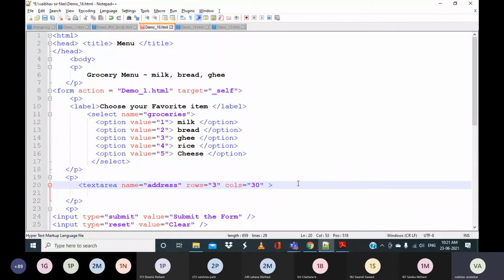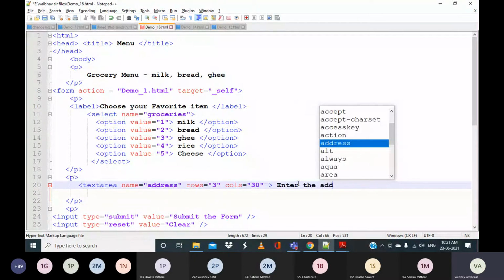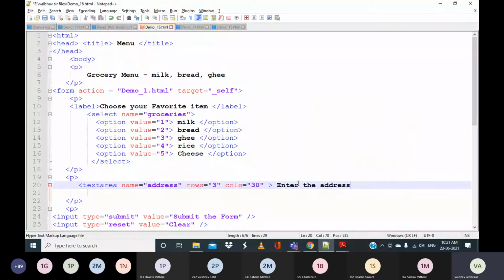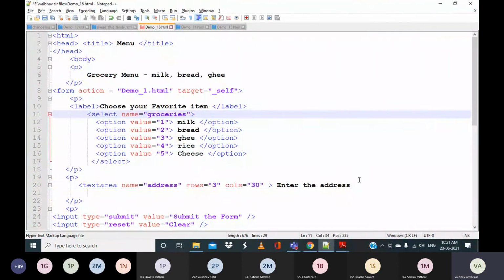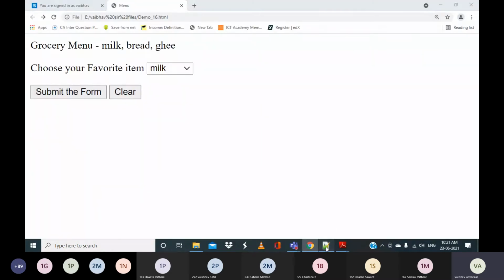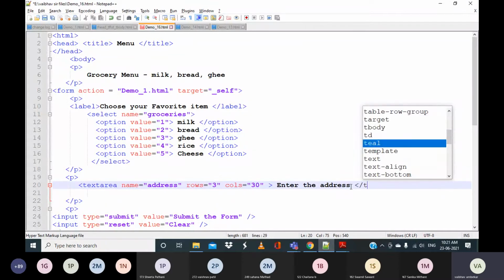And then after this close this tag, and then what you want to specify, like you want to say enter the address. By default this will appear in the text area, so that the user knows what to do when this appears, and then you can close the text area.